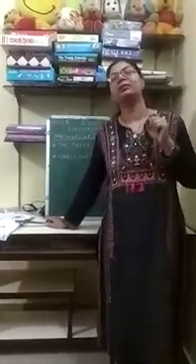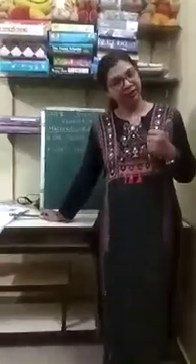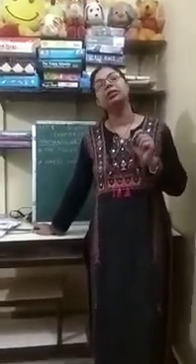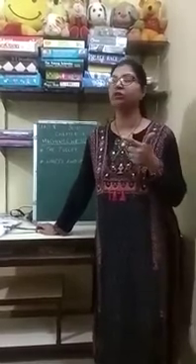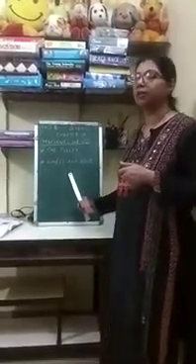We know that there are 6 types of basic simple machines: lever, pulley, wedge, screw, inclined plane and wheel and axle. These are the 6 basic simple machines which we use in our day-to-day life. We have also learned about lever, class 1 lever, class 2 lever and class 3 lever. Today we will learn about the pulley and wheel and axle.